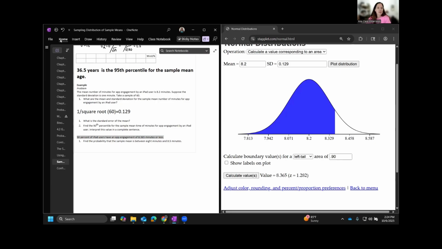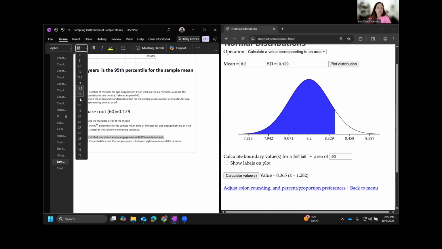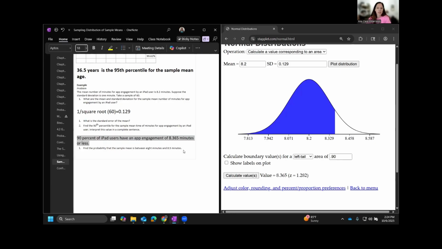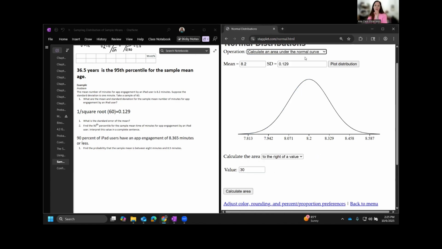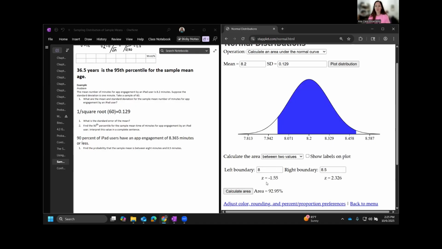Now, what about the last one? The last one is asking us to calculate a probability. What is the probability that the mean is between 8 and 8.5 minutes? So I need to switch to calculate an area, and it needs to be between because I have two values. So if you don't have enough boxes, that means you need to make some changes. So between 8 and 8.5 minutes, I calculate and I get